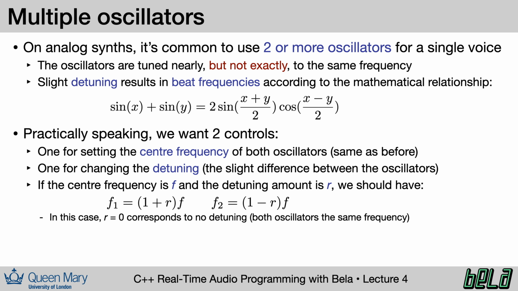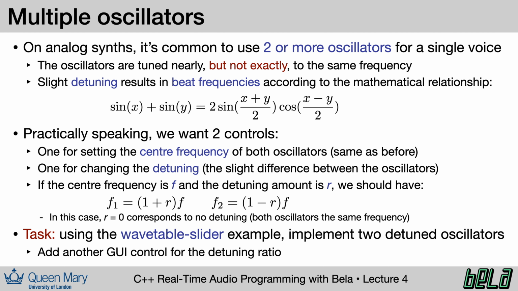We're going to need one control for the center frequency of both oscillators. That basically is what we already have in our frequency control. But let's also have a control for the amount of detuning between the two different oscillators. What we're going to do is we're going to calculate the frequency of each oscillator according to this pair of formulas. The first oscillator is going to have a frequency of (1 plus r) times f, and the second oscillator is going to have a frequency of (1 minus r) times f, where f is our center frequency and r is the amount of detuning. If we set r to 0, it just goes back to the previous case that we had with no detuning, but if we set r to something just slightly greater than 0, you'll find that we get a really nice